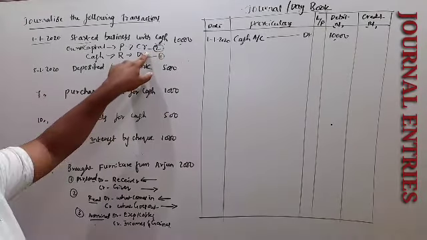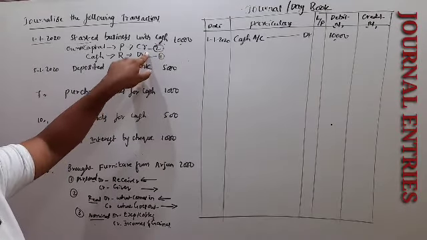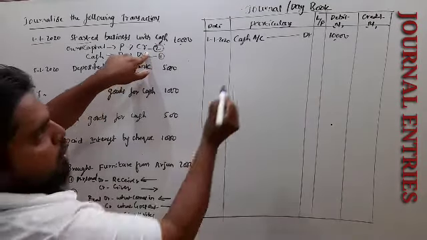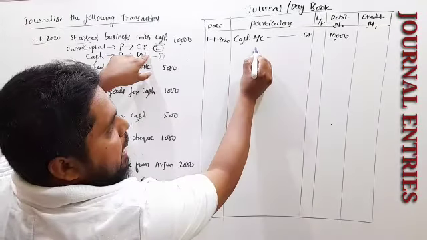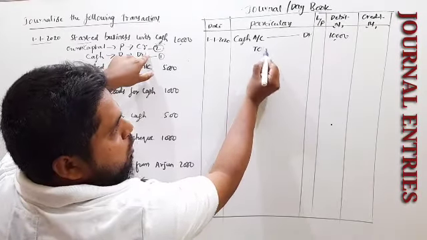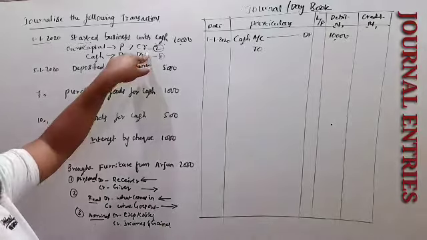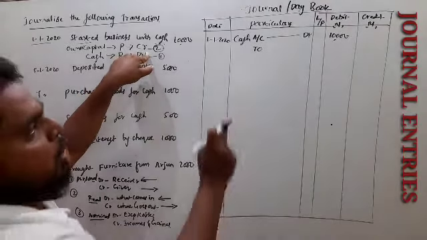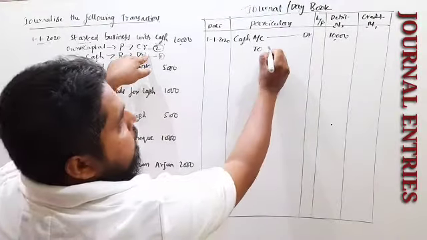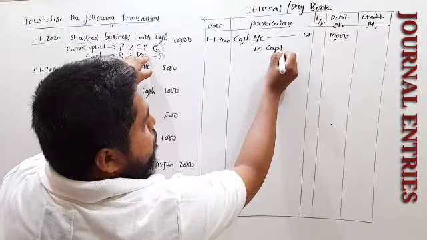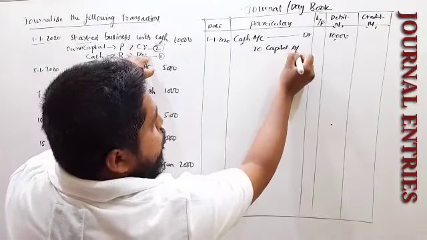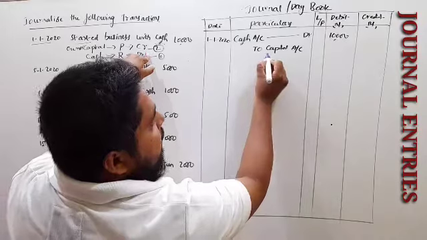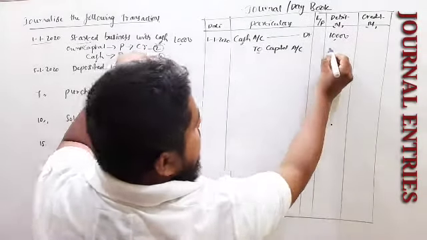So credit side is a credit item. Leave the space here, leave the gap, "To". "To" shows that it is a credit item. Leave the space here, "To capital account". "To capital account". So "To" means it is a credit item, 10,000.